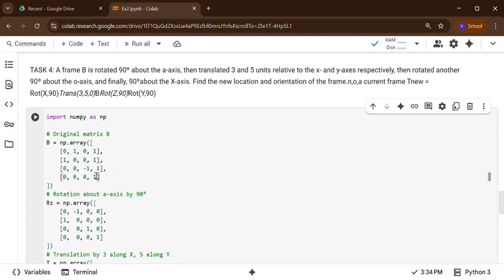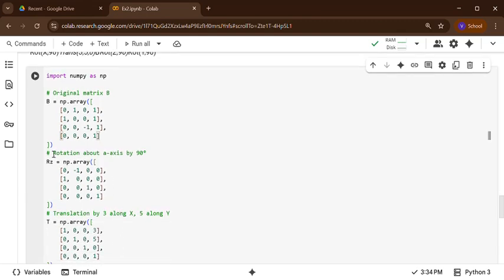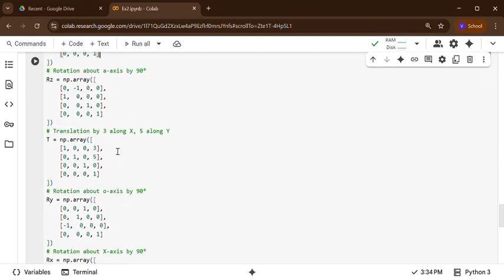This frame is given. Frame is always given. Then next one is rotation of A. A means NOAZ. So Z, 90 is given. Z comma 90 is given because 0 0, this is Z comma 90, and cos 90 is 0, sin 90 is 1, cos 90 is 0. So this is given because the values are readily given.